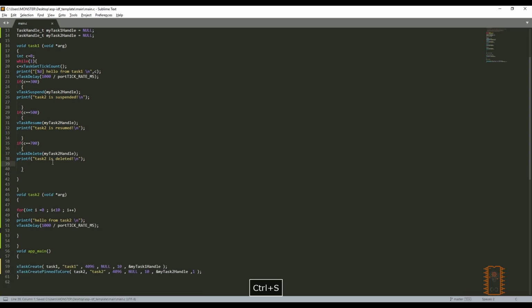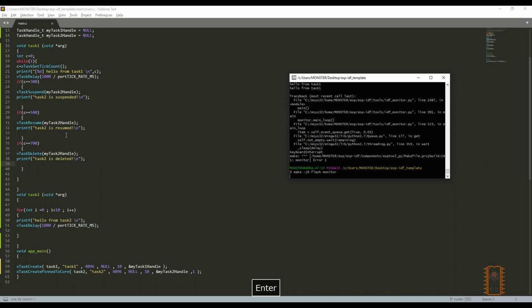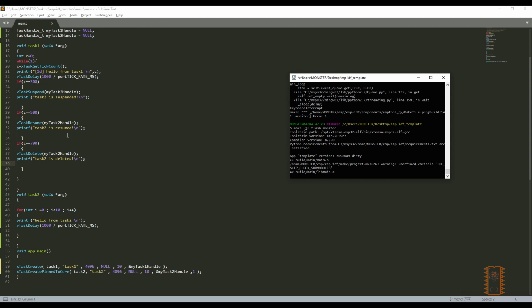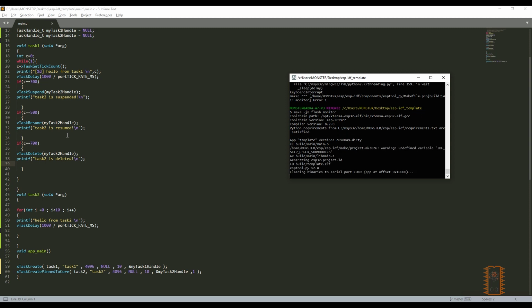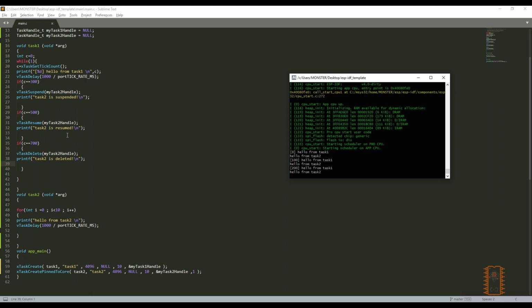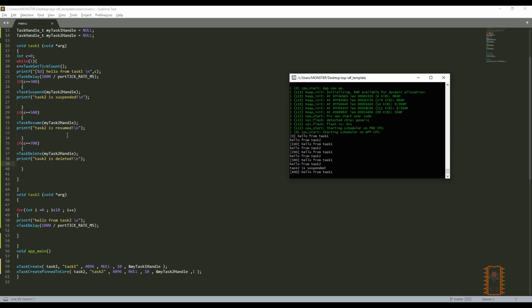Also, let's add it to printf to see its value. You see, it works great. So, you can get the time with this function.